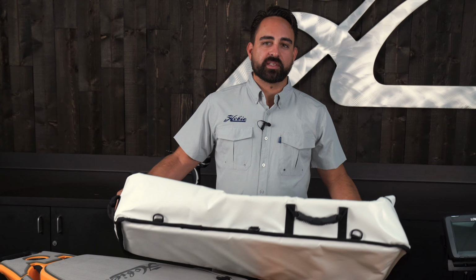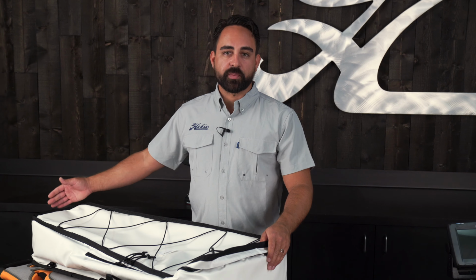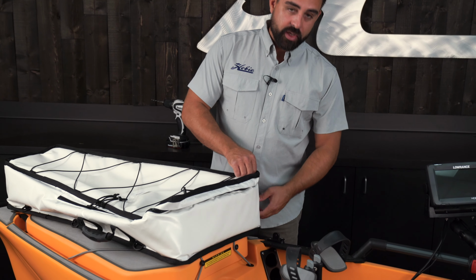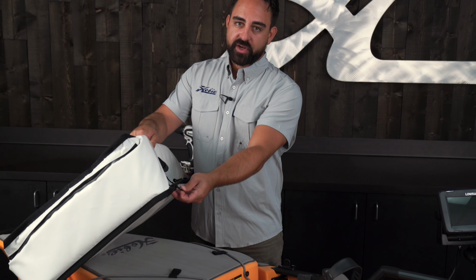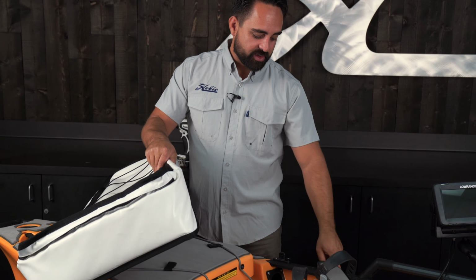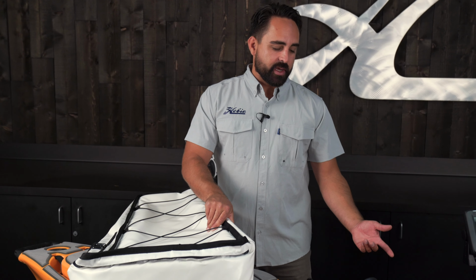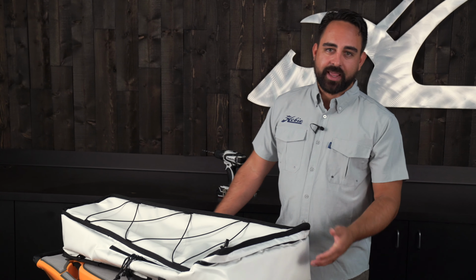There's many ways you can mount the fish bag. One popular way is tying a couple Spectra loops around the bow handle. And then in the back here, you can take a heavy duty strap kit and go from this rear D-ring on the bag right to one of the clip points on the mounting boards. That serves as a pretty quick access style of mounting